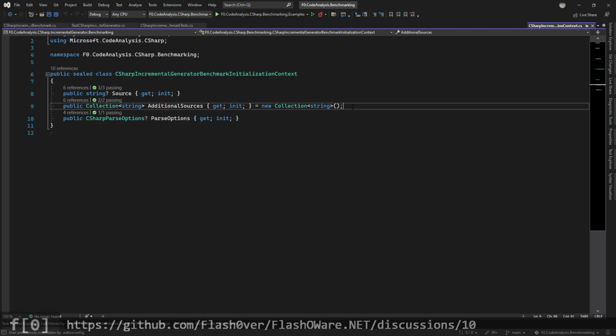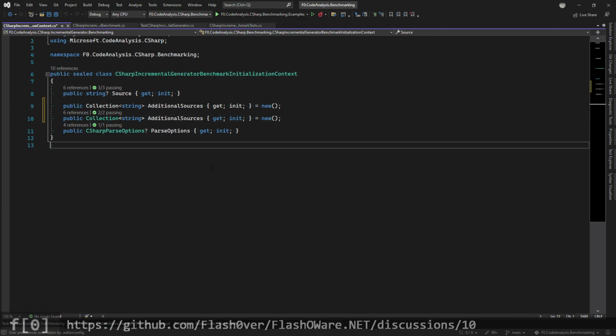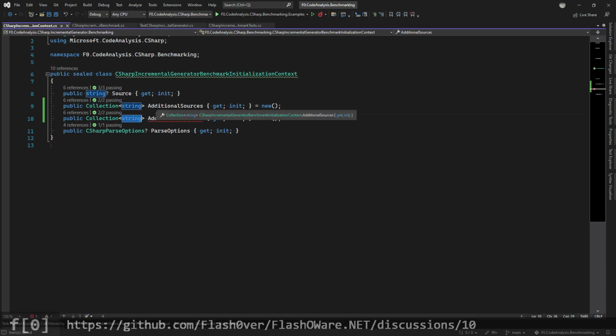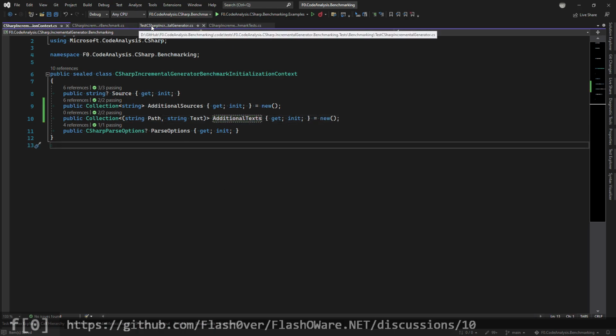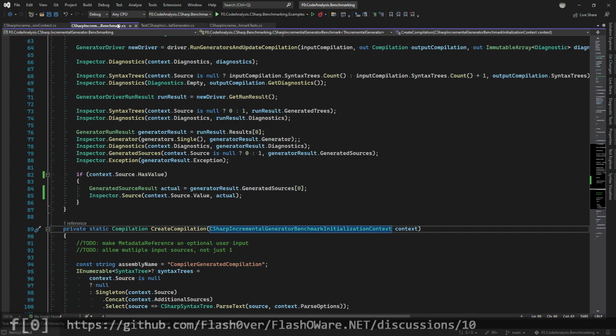So we have here additional sources. Let's create another. Actually, I can use target type new expression here as well. We have another string value type, value tuple. And the first one is the path. The second one is the text, the additional text. And we call this additional texts. Oops. For the additional texts,